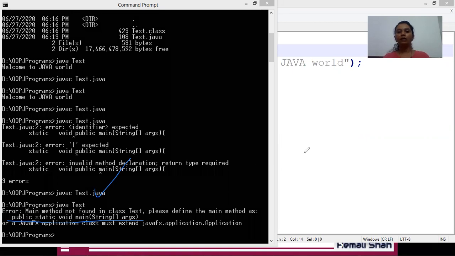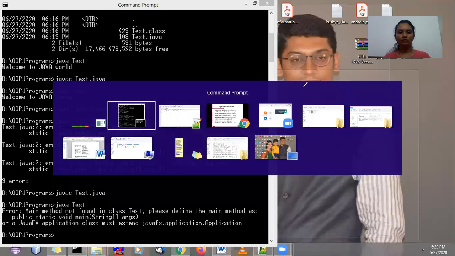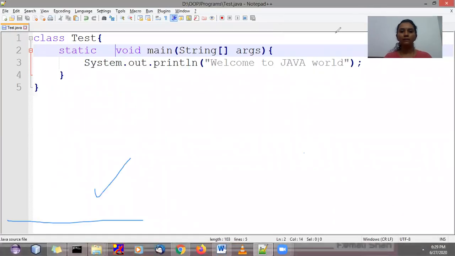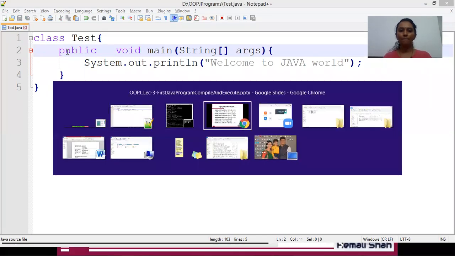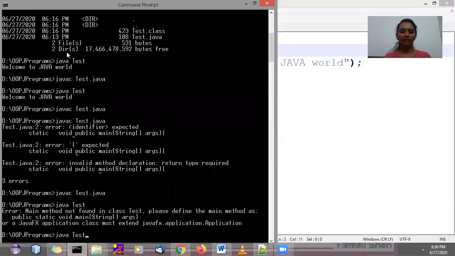Currently, the syntax we have used in our program is with the static keyword; public we have not used. If you are not using the static keyword, then it again generates the error. If you are not using the static keyword and only using the public keyword, and I save this code, again it will compile perfectly.